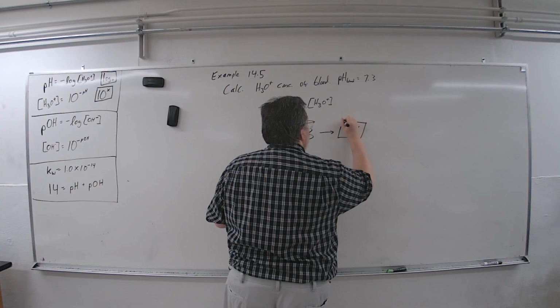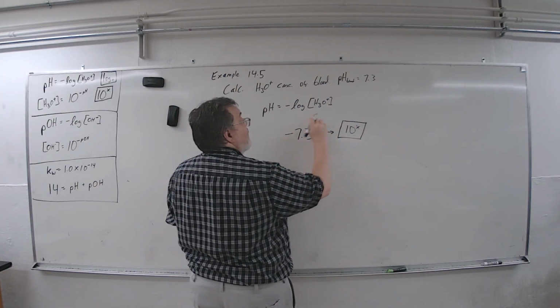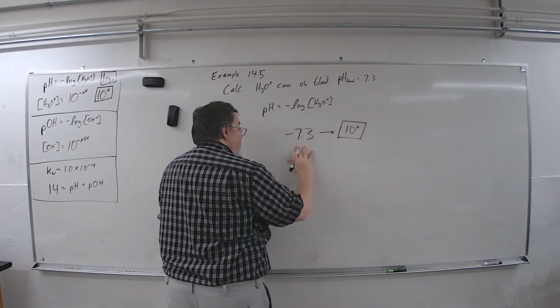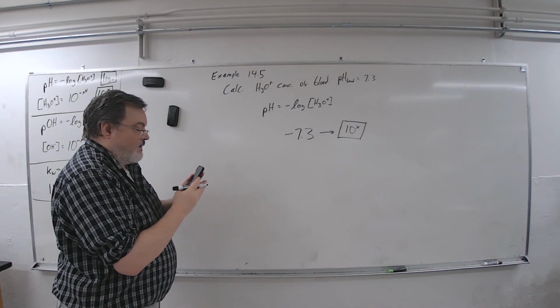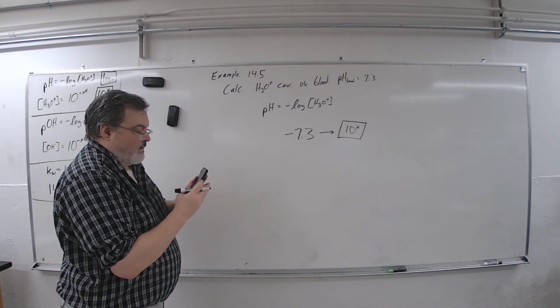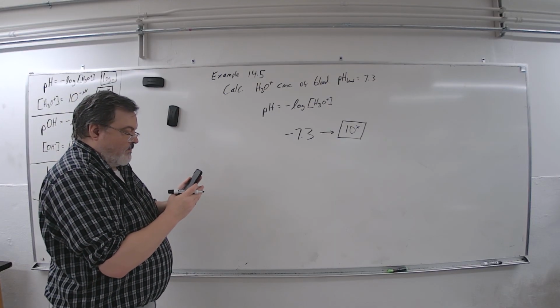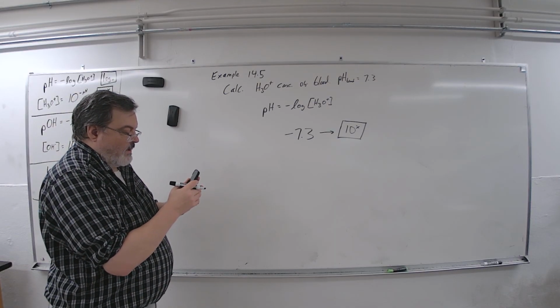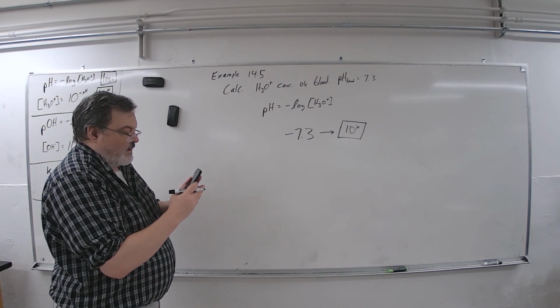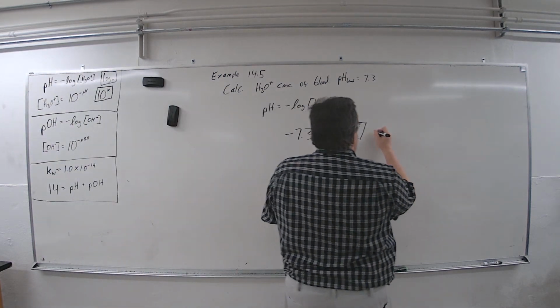Just remember you got to put this negative here. It's not listed here, but you got to stick that negative on there. Otherwise you'll get the wrong answer. Okay. Negative 7.3, 10 to the x equals, the calculator says